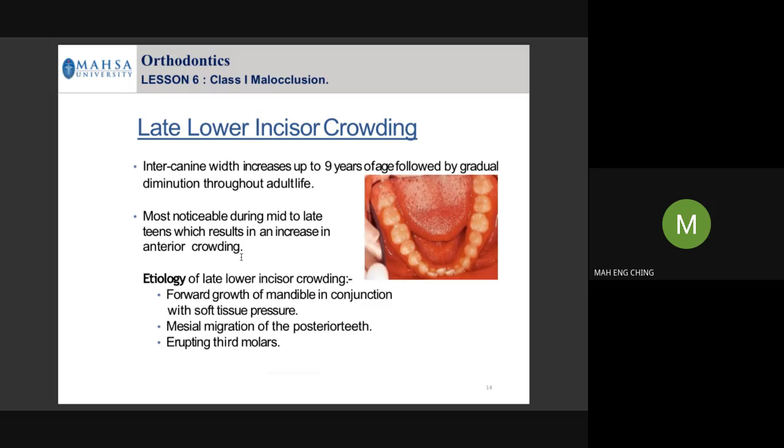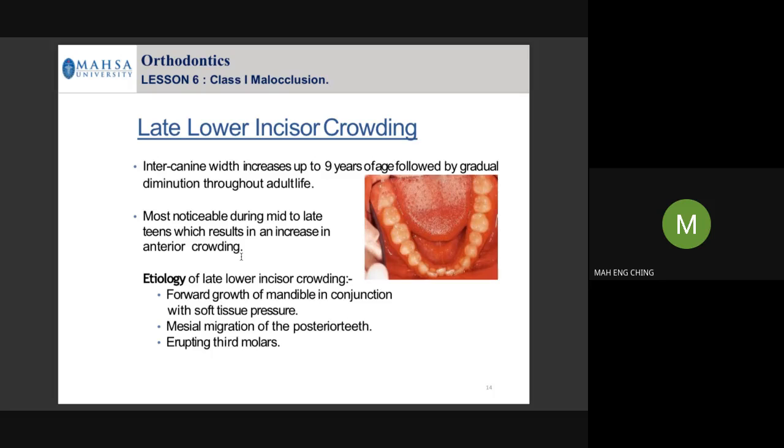Okay, late lower incisor crowding, you have to know what's the reason. A lot of people say it's because the third molar, the wisdom tooth, is coming out and pushing everything forward, causing the incisor crowding. By right, the third molar may contribute a fraction, a very tiny bit, of this late lower incisor crowding, but the most important or main reason of this lower incisor crowding is because of this mandible rotation or the mandible still growing